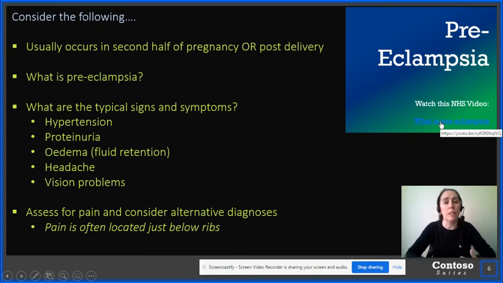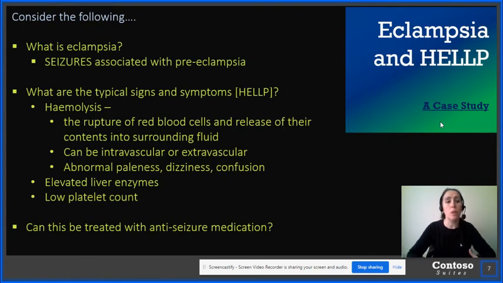Preeclampsia on its own isn't dangerous, it's quite common, but it might progress. If it progresses with any type of seizure, it becomes eclampsia, and we're going to come on to that in a moment. So with eclampsia, all of the signs and symptoms